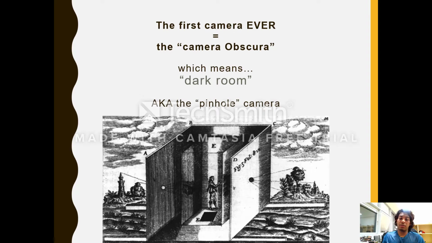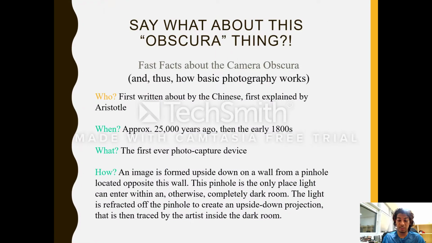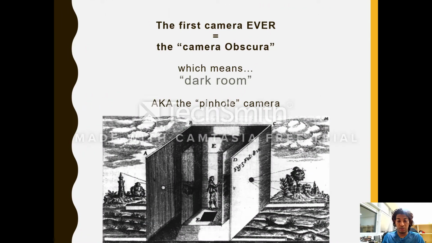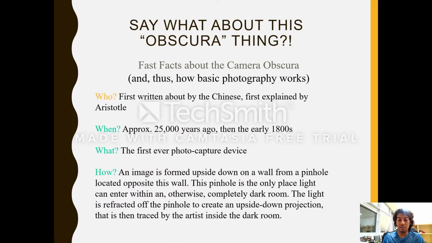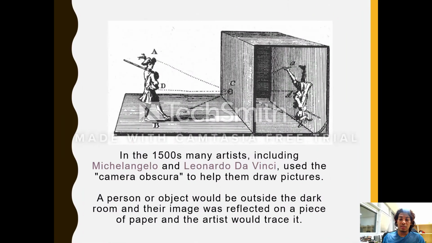So now we go long before even the word photography was coined, and we start the whole journey with camera obscura, which was basically a dark room. As you can see in the previous picture, you have a dark room, and you get the images inside the dark room, and this whole big dark room is basically a pinhole camera which uses the laws of reflection and refraction and forms the images inside.